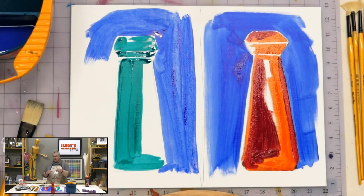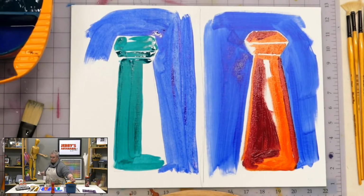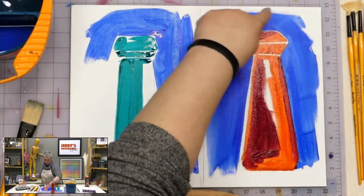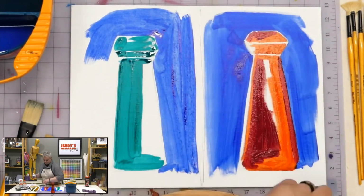It dries matte. If you're one of those people that likes shine, this is going to be the one thing that's going to annoy you about the medium, is that it does dry matte for the most part. The more you thin that paint film, like you can see this, the blue with our white little fast dry medium,